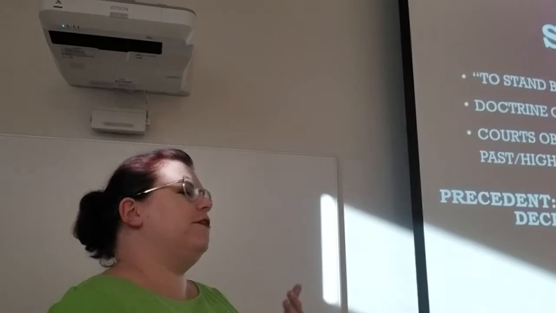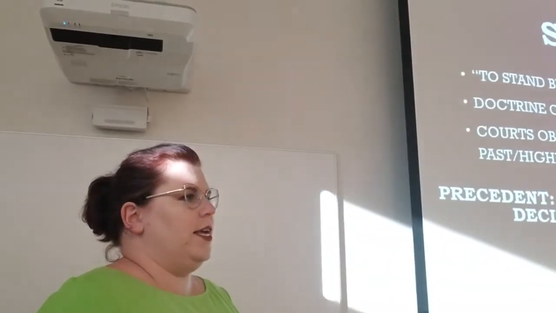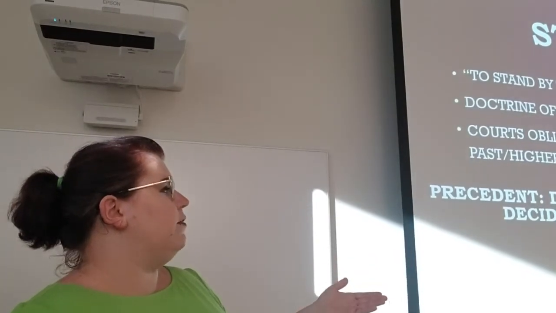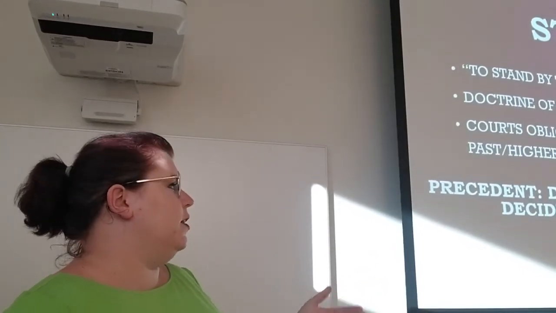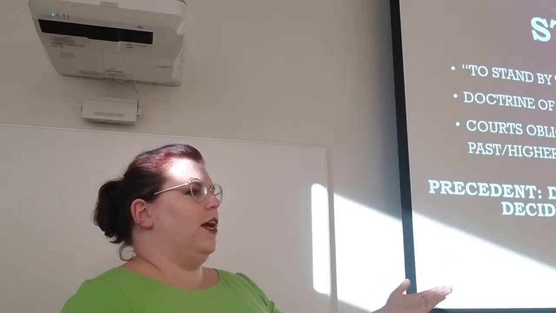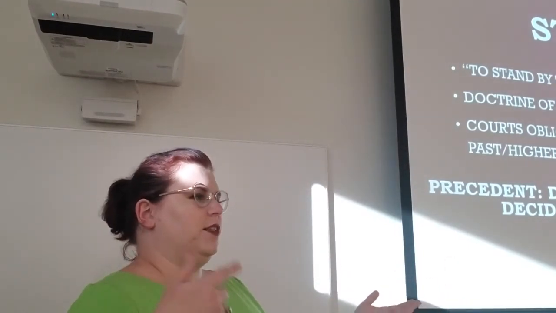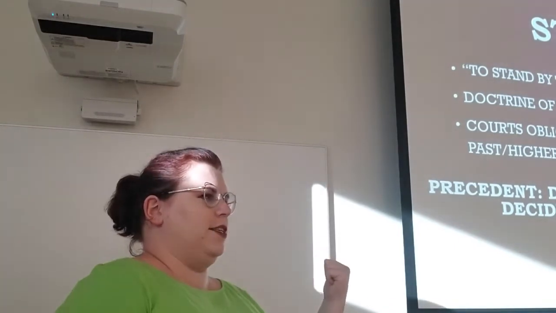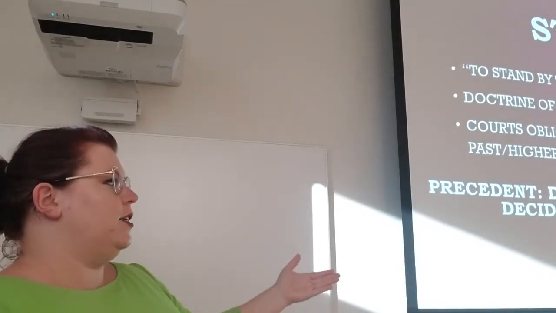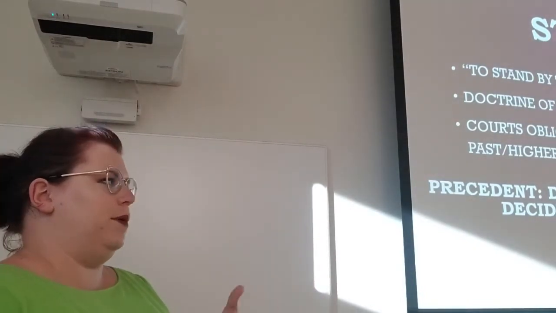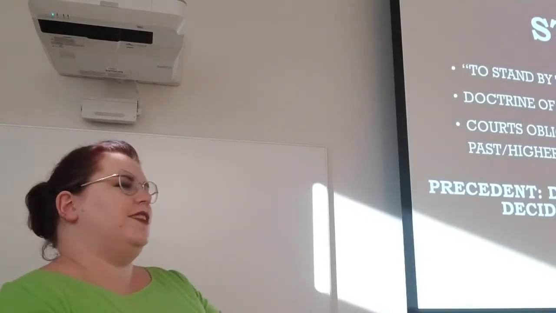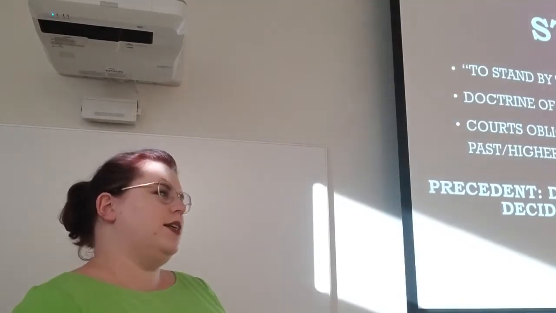The difference between the two is precedent is the thing. It's decisions that furnish the authority for deciding later cases with similar facts, aka we decided this is a thing. And so then the next court that hears a case just like that is like, well, they decided this was a thing. So precedent is that act of making a decision that builds the precedent. Stare decisis is the doctrine. It's the sort of system that says, hey, you guys should follow precedent.